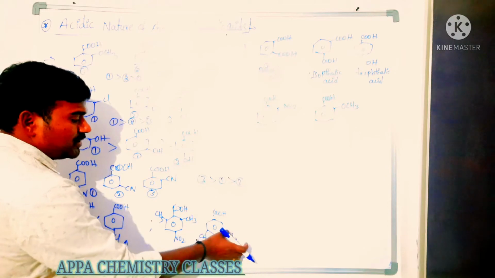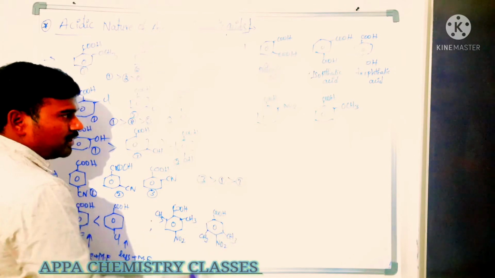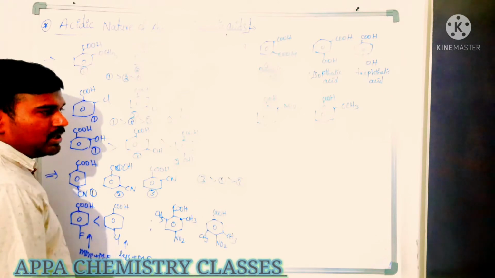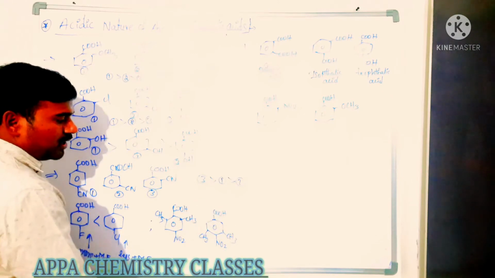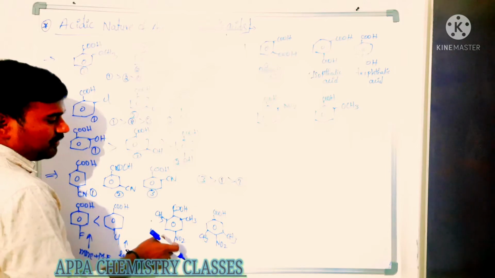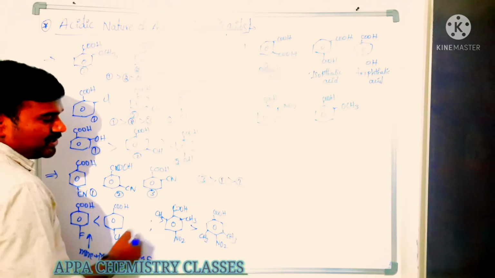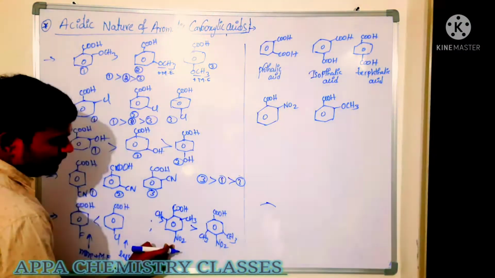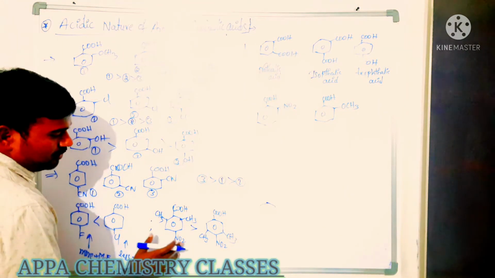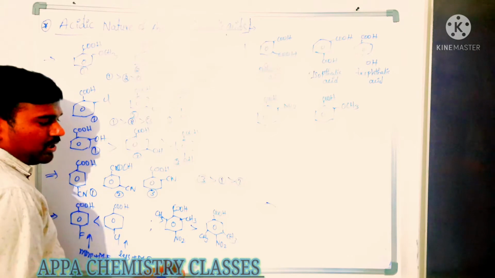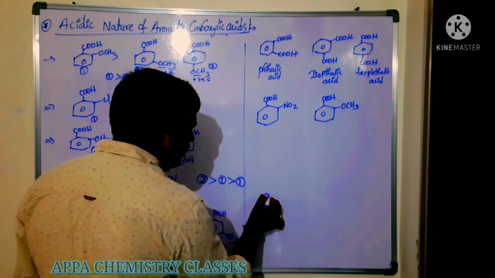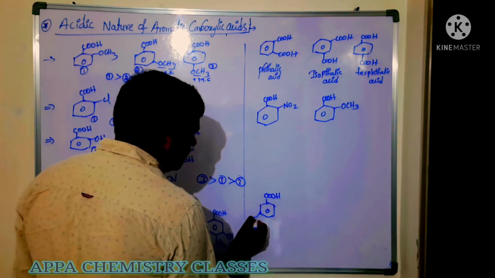Now here, due to the presence of these bulkier methyl groups, what happens? The effect of the nitro group is less on the carboxylic acid. So it is the least acidic when compared to this one, and this is the more acidic one. And also, in place of nitro, you can take the cyano group also. Here one more example you can take: COOH, here CH3,